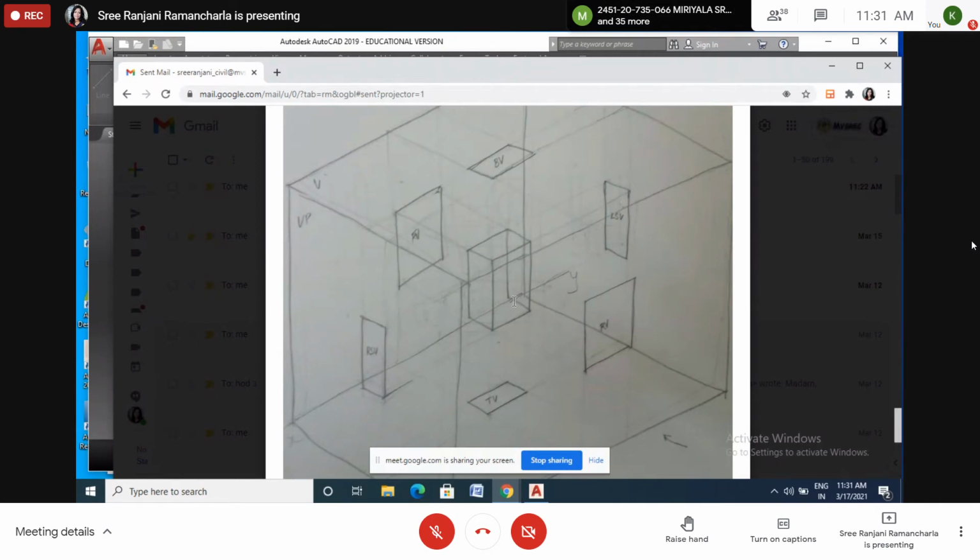Many of you get confused here. Right side view means you will draw the right side view here? No. You have to draw the right side view on the left side, and the left side view you have to draw on the right side. So this one you have to remember. Front view you have to draw in the back side, and rear view you have to draw in the front side. Are you getting it or not? Just remember the view, not projection.